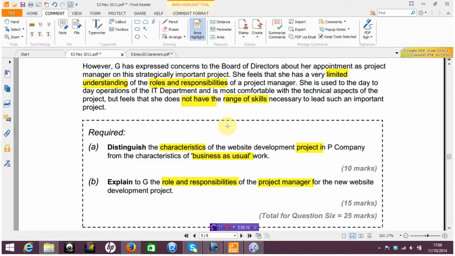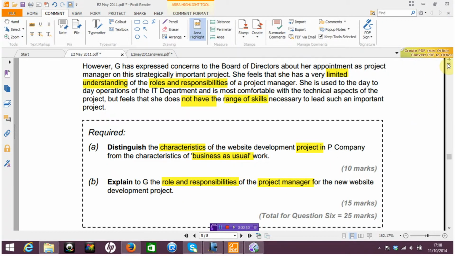Now I draw your attention to question 6 of the May 2011 exam, but if you're using the BPP text for this current year 2014, then I'd refer you to question 51 on page 21. And this particular screencast concerns the differences between normal project work and business as usual, or indeed normal work. And over and above that, in requirement B here, we're talking about the main roles and responsibilities